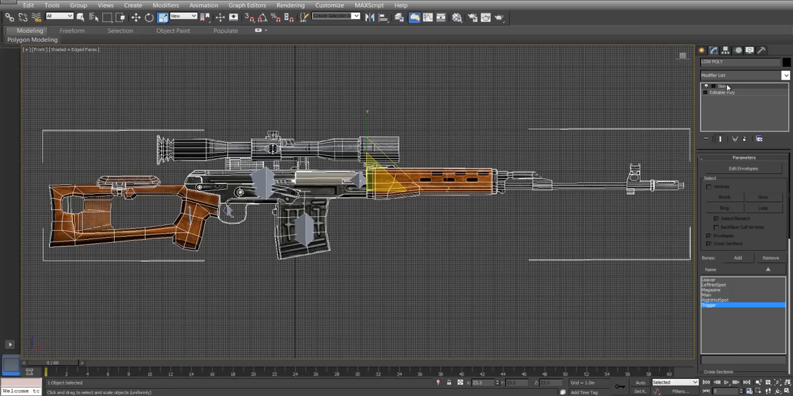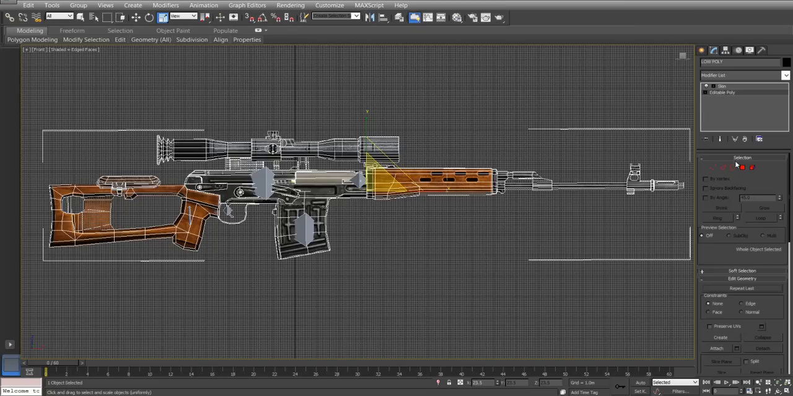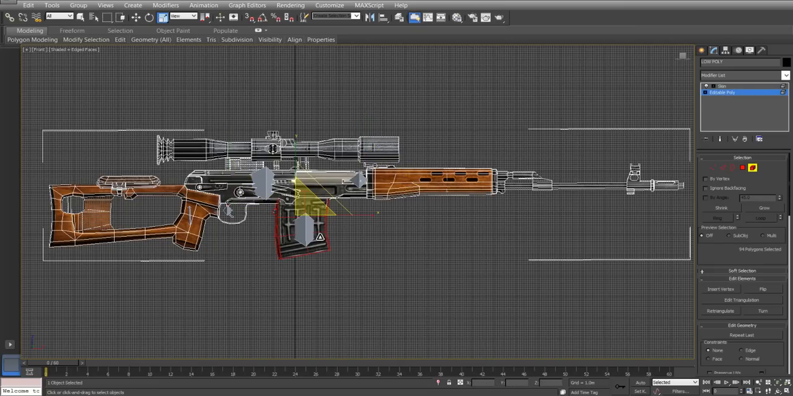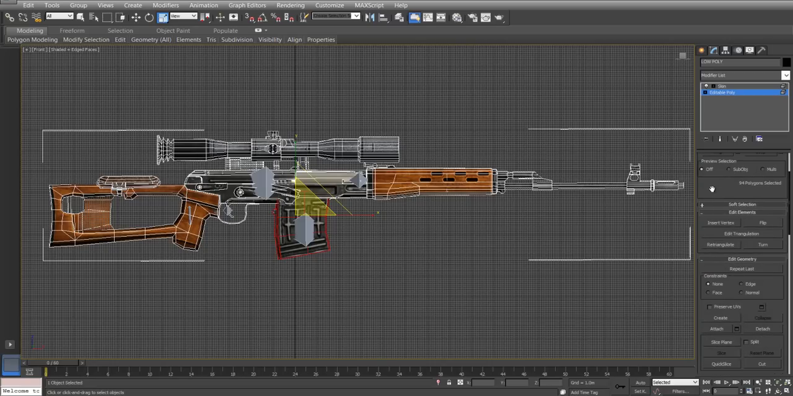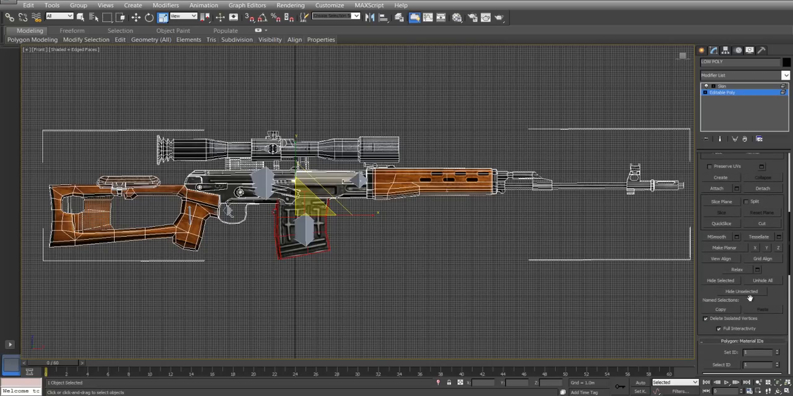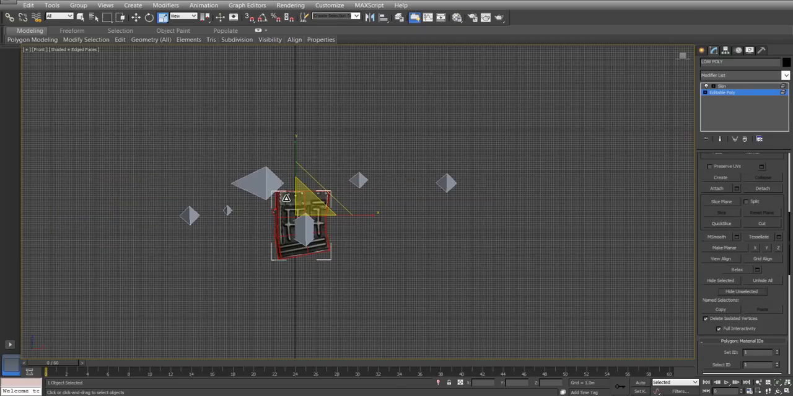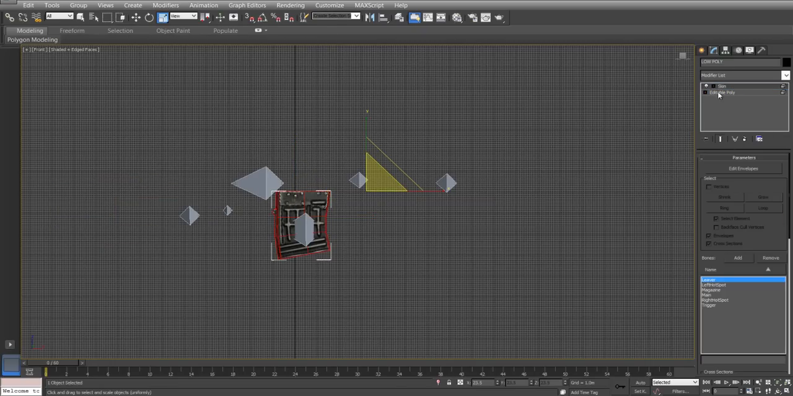So coming into our modifier stack here, let's go down to our editable mesh, and we'll turn element select mode on, and let's select the magazine. We'll scroll down, and we're going to say hide unselected. Okay, so everything but the magazine is now hidden. We'll go back up to our skin modifier,